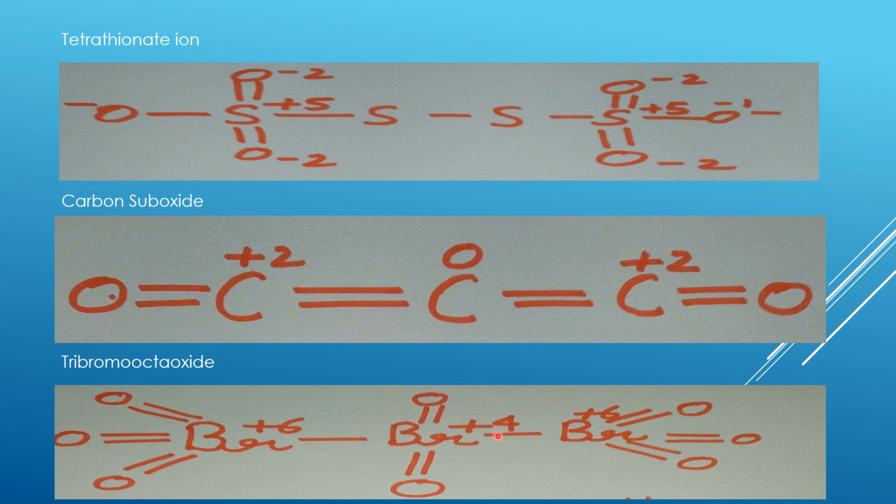Now we'll move towards tribromo octaoxide. Here also we will get a big fractional value, which will not be the correct oxidation number. So here also we'll find its oxidation number through structure. Now next,